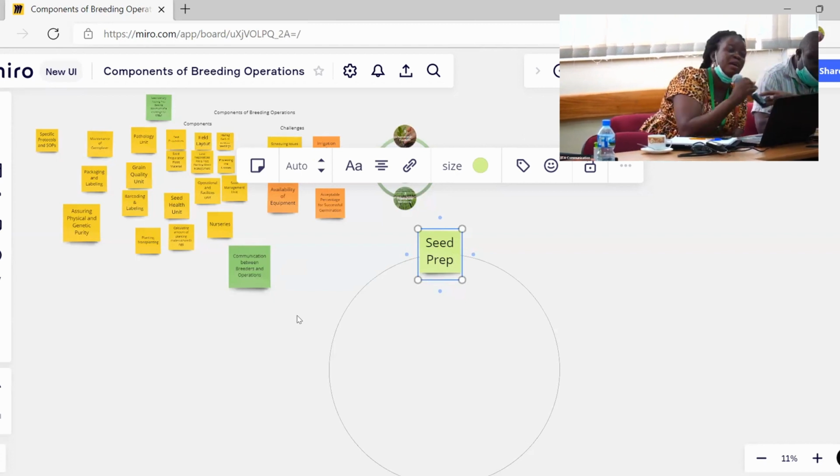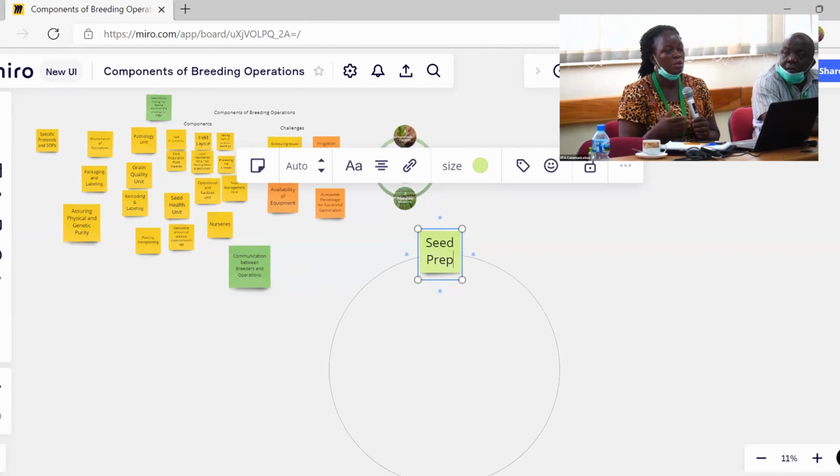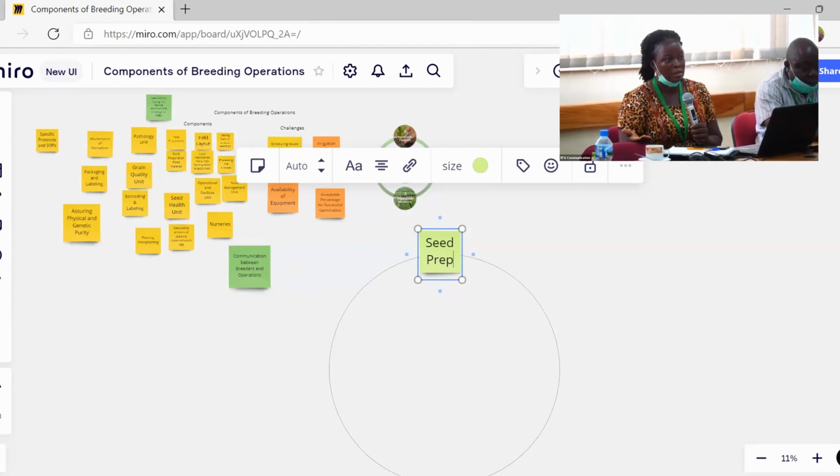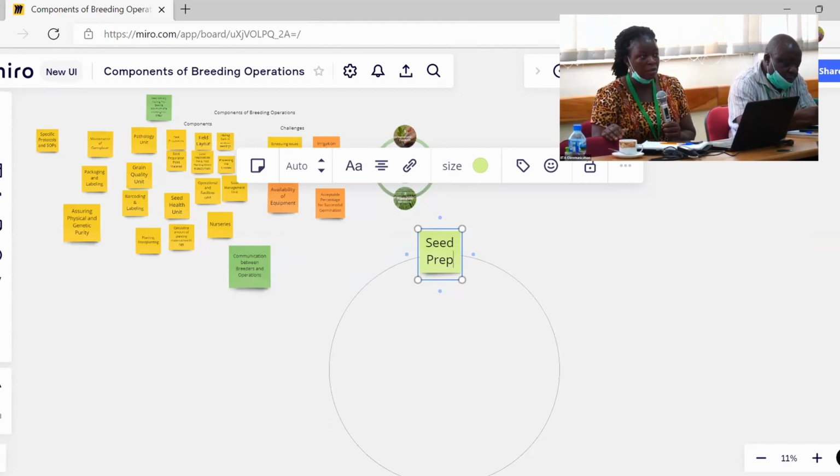For yam, we are not expecting 100% germination from anything soon. So we have a selection index in percentage. From the seedling nursery at seed level, we sow 250 seeds from which we want to make only 120 selections. So it doesn't matter the number that germinated. Sometimes we don't even get